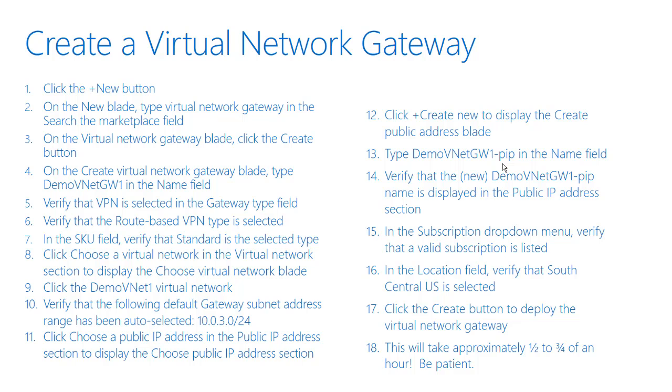So a VPN gateway is a type of virtual network gateway that sends encrypted traffic between your virtual network and your on-premises location across a public connection, that is the internet. You can also use a VPN gateway to send traffic between virtual networks across the Azure backbone. The type of VPN you can choose depends on your VPN device and the kind of VPN connection you intend to create.